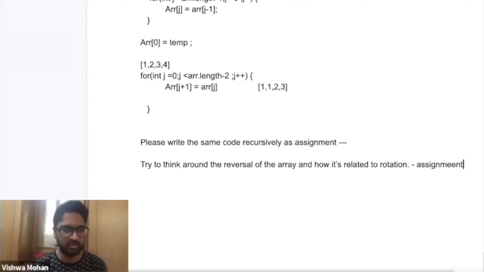Out of 200 comments so far, I just wrote this post yesterday evening, and 200 people have commented. Not even 10%, only 2 or 3% of people have read it fully, and they have said, okay, I'll follow this. Others have just written "interested", hoping there's some ready-made solution that Vishwa will give, and they will just run over it. So that is the point I wanted to make to you guys.